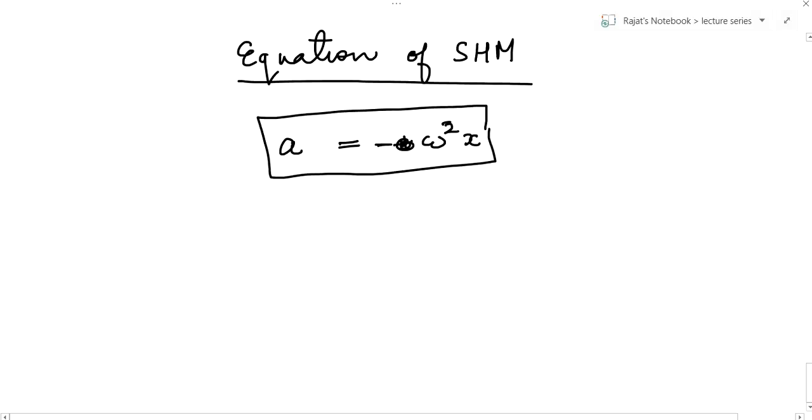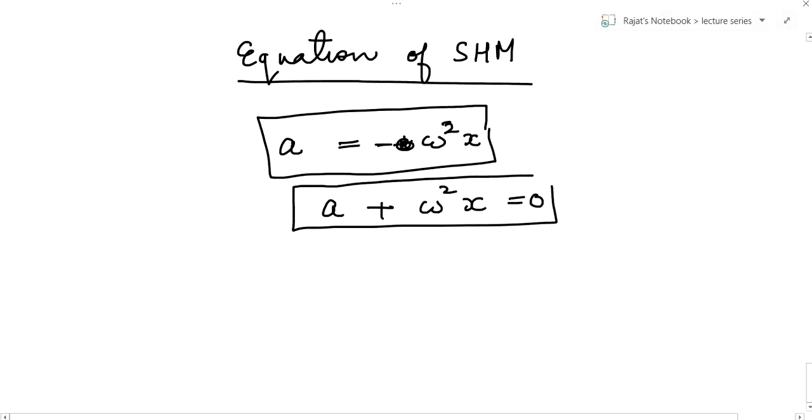Or we write it like this: a plus omega square x is equal to 0. If the acceleration can be expressed as a linear function of x, then we say the motion is simple harmonic. So this is the governing equation